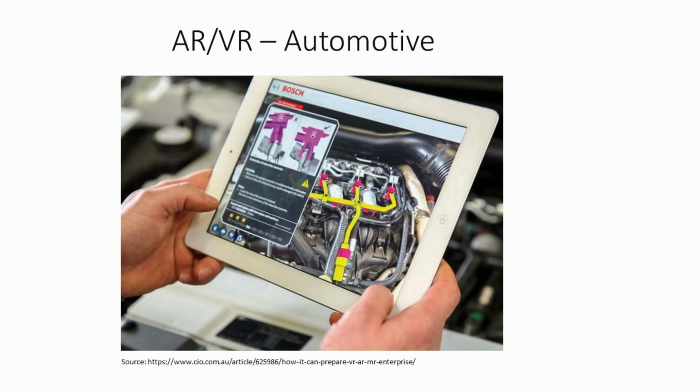So this slide shows an AR/VR use case in automotive from Bosch Systems. Automotive technicians can use Bosch's AR system to view the part that they need to work on, highlighted against an image of the actual engine or component that needs repair. While there are many other use cases you can think of with fancy headsets, such as being able to see the heart of an organ of an animal or human before performing an operation, this use case I felt was a lot more relevant in an enterprise context because it enables digital transformation.